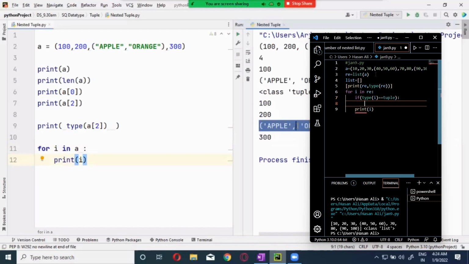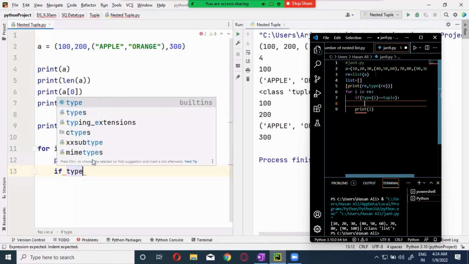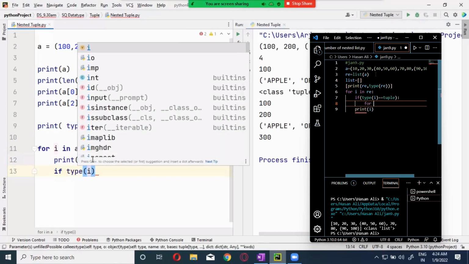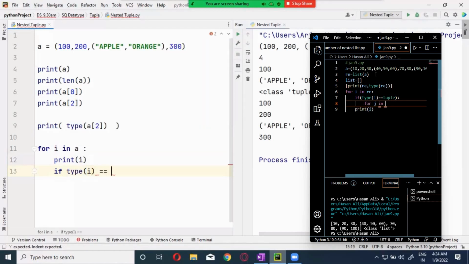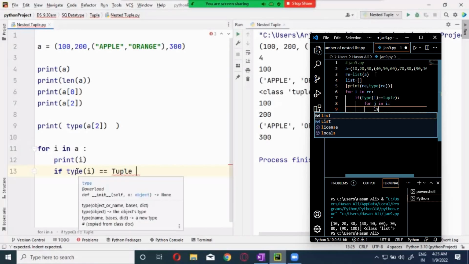So if it is a tuple, I want to extract the values from that again. So how will I give it? I will say that if type of i is equal to tuple, that's what I'm giving.